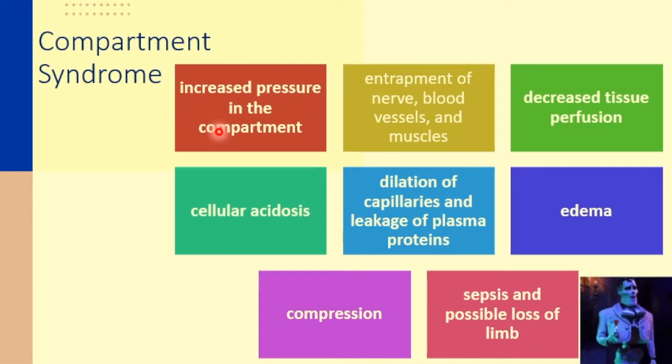Okay, pain that is not relieved by the usual pain medications. Okay, so the 6 P's are actually early signs of your ACS. Your pain, pressure, paresthesia, pallor, pulselessness, then you can add your paralysis. Okay, now, on the late manifestation, you would have cyanosis, your tingling, the loss of sensation, severe pain, and renal